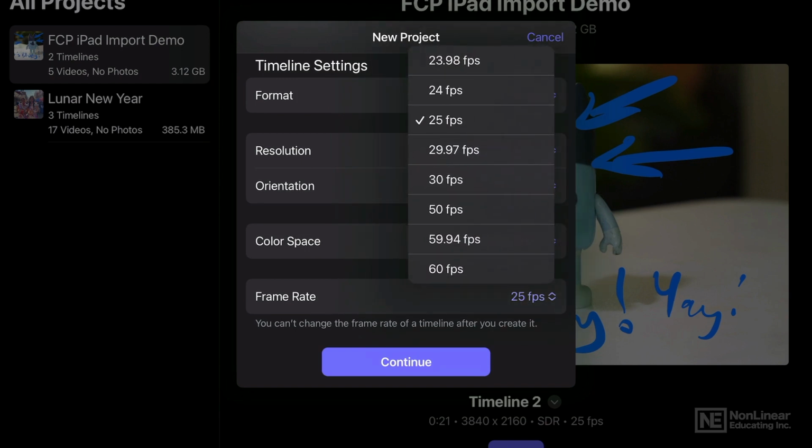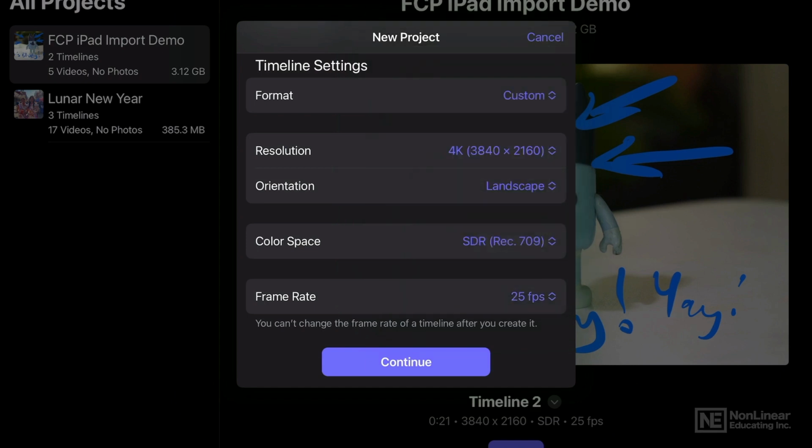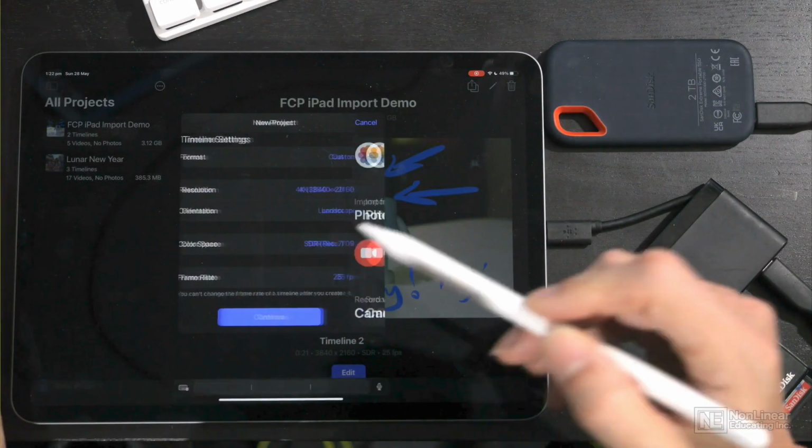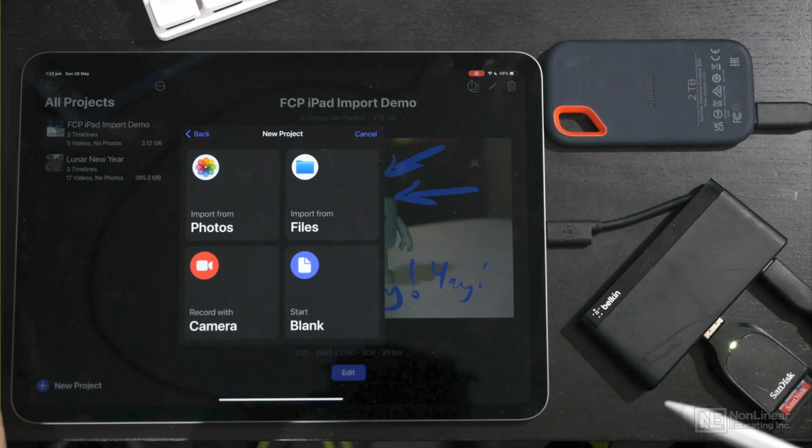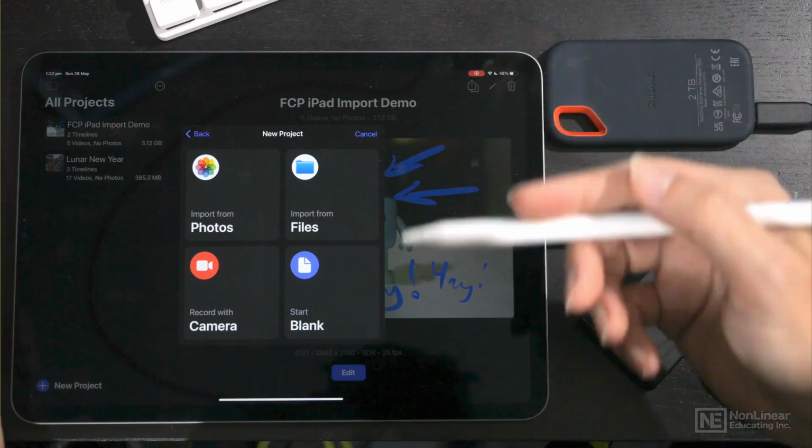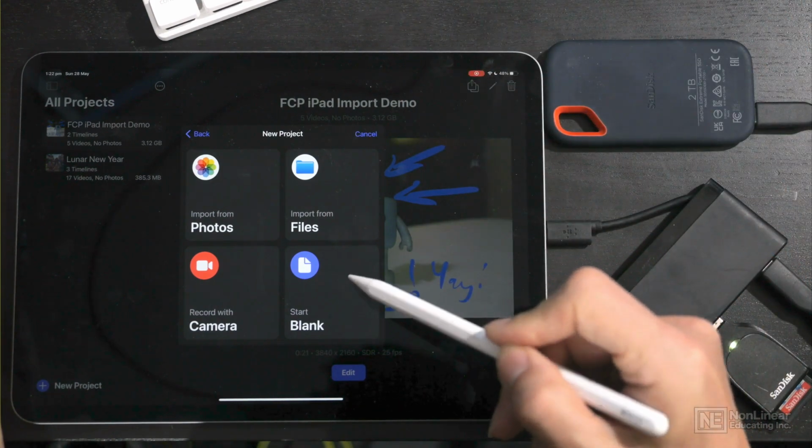Now, although it would normally automatically choose these settings based on the first clip, if the first clip that I import was maybe 30 frames per second, my whole timeline would then be at the wrong settings for everything else. So I'm just going to be explicit. And I'll hit continue. Now, when I'm starting a new project, it offers to start with a blank project, or